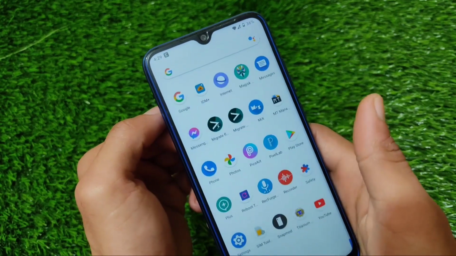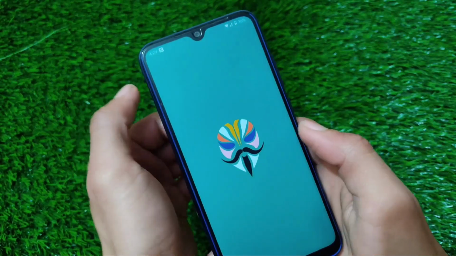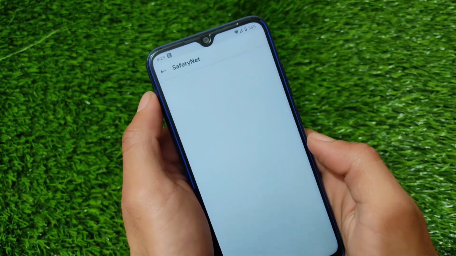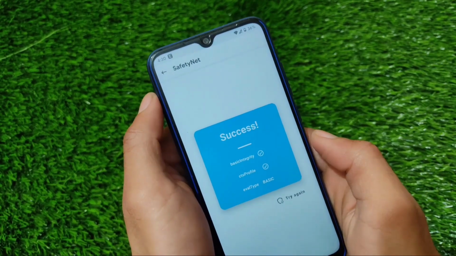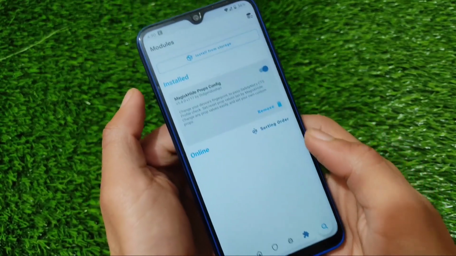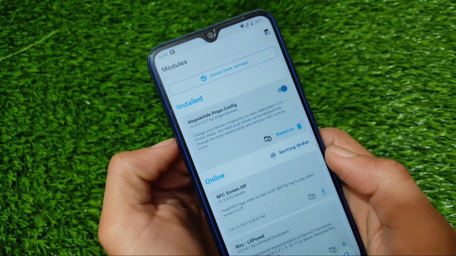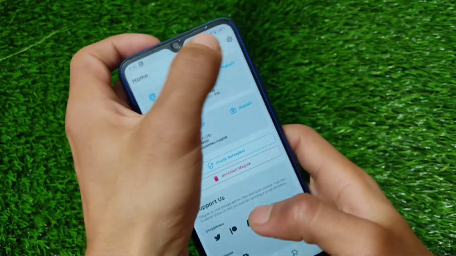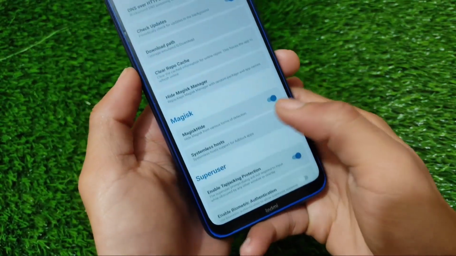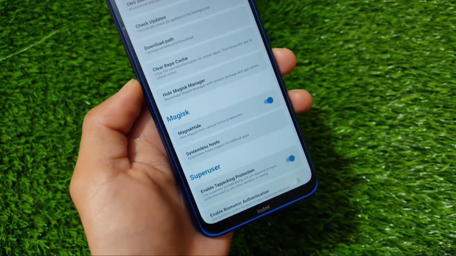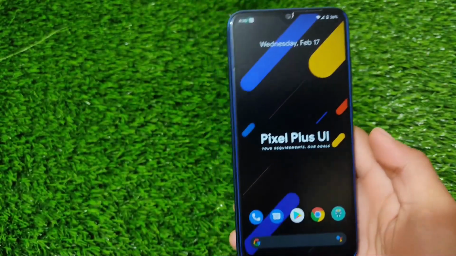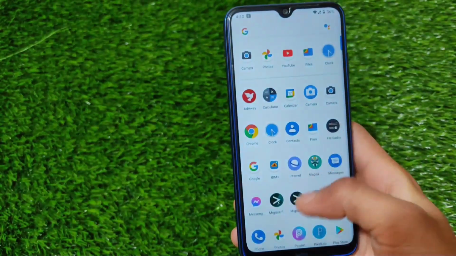Of course you need performance and battery backup, and both of these things are working perfectly fine. If you go for the Magisk version, I'm using the latest 21.4 Magisk, and the best part is the SafetyNet status is passing, which means I'll be able to use banking apps without any issues. But to pass the SafetyNet status, I applied the module called Magisk Hide Props Config, and I also enabled the option in settings for Magisk Hide to hide Magisk. So these are the things you need to keep in mind if you want to pass the SafetyNet status on your device. If you pass it, you'll be able to run banking apps without any issues. So the basic things are working perfectly fine.